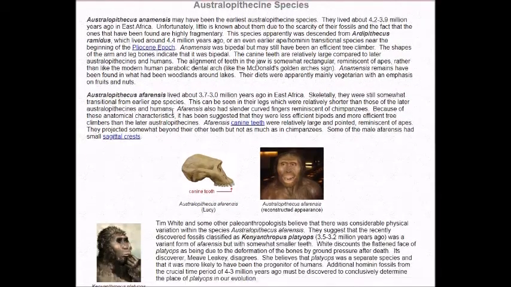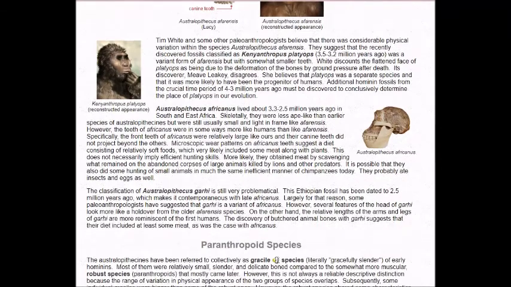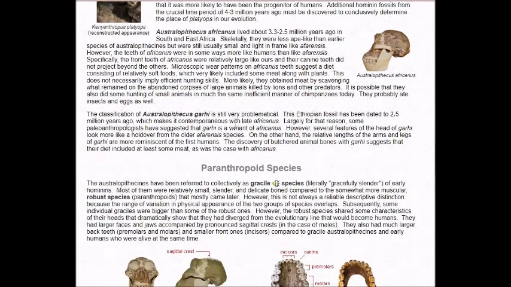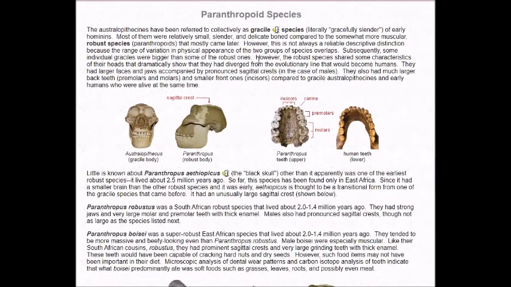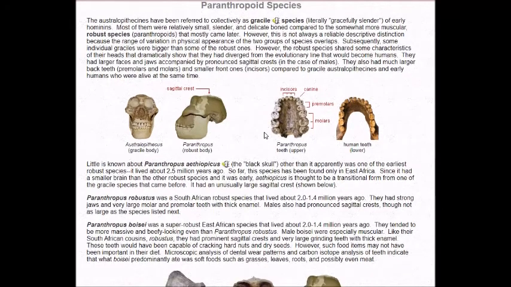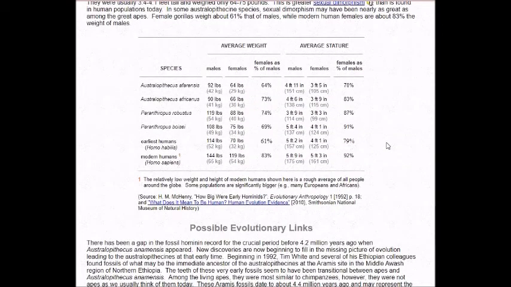Then there's afarensis. Then there is Kenyanthropus, Australopithecus africanus, then there's garhi, and as you go down here you just learn a little bit about all these different ones, and it talks about these slight changes. Okay, here are the teeth of a Paranthropus, and here are the bottom teeth of humans. Okay, and you can see some slight differences. This is Paranthropus aethiopicus, robustus, boisei. All right.